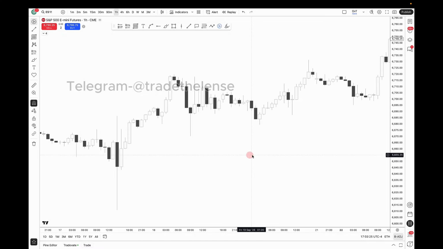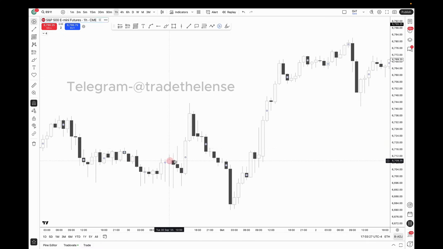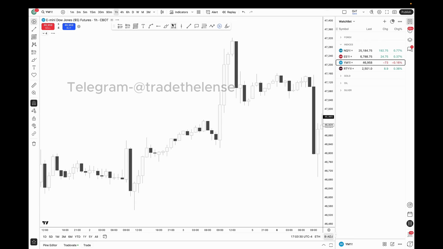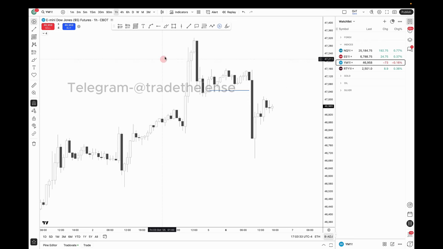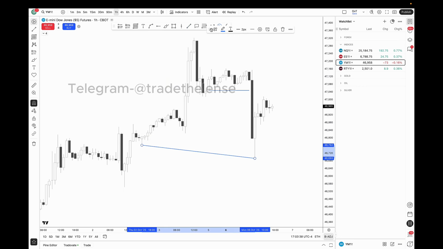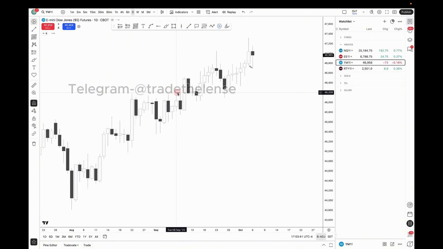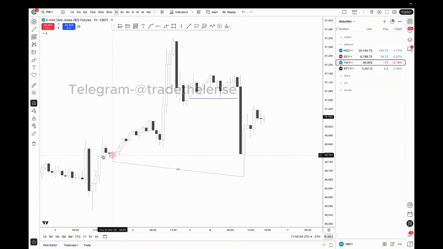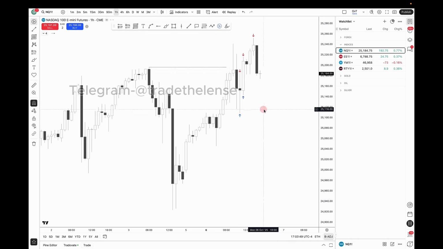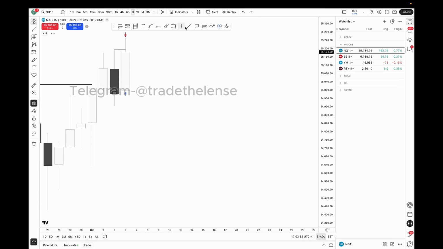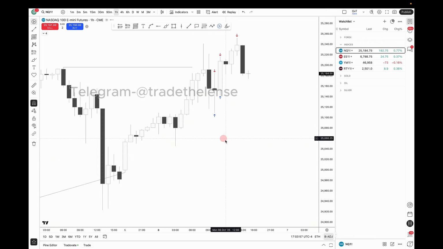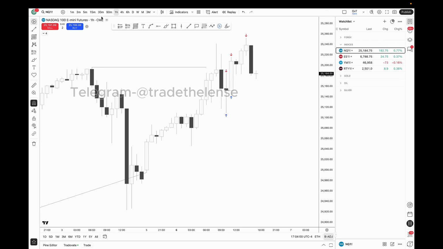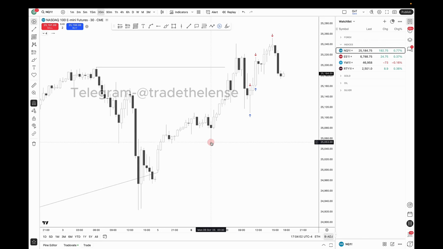So we saw that price did this, and this is where I kind of got faked out. But first, let's just talk about this here. When we created this SMT with the previous low, right here, that is the previous low, right? Yep. So when we create that SMT with the previous low, what is this signature here, guys? That would be a 2-stage SMT, right, with NQ. So here's your first stage SMT, here's your second stage SMT. Now, you're going to see that we created that divergence, or we traded into the lows.